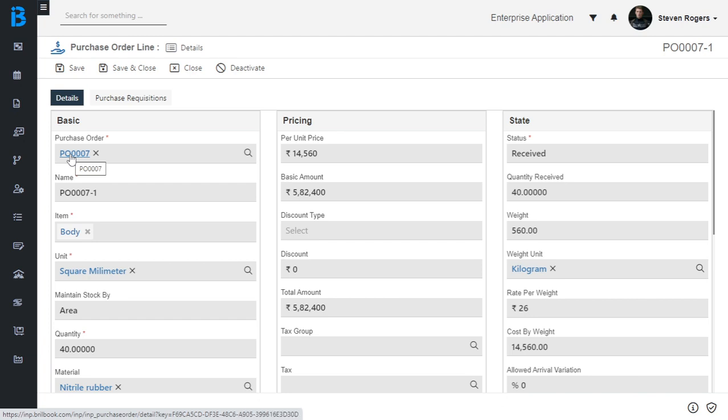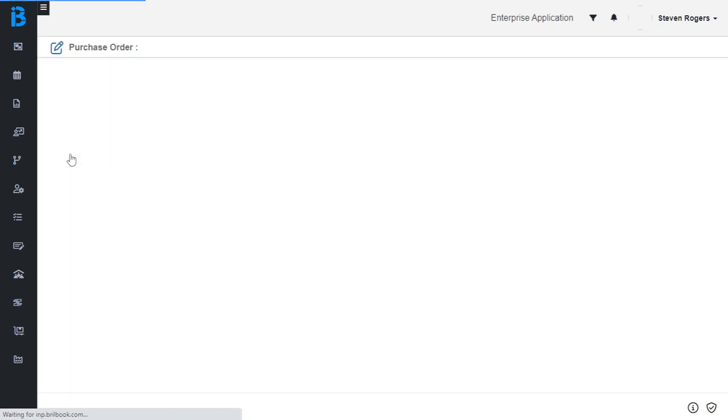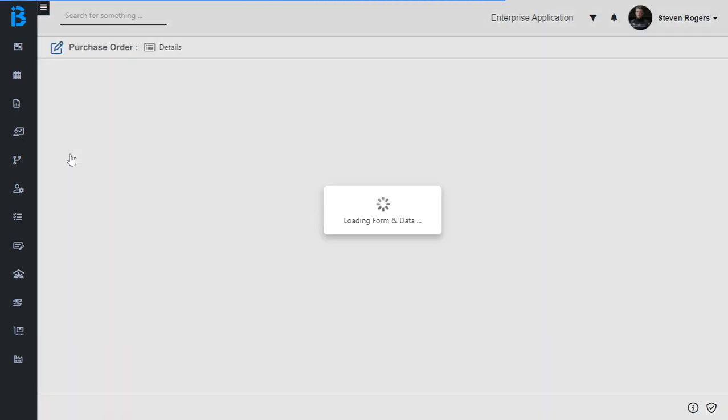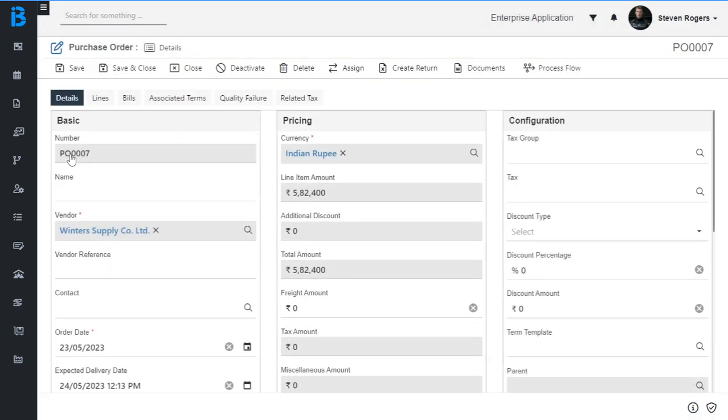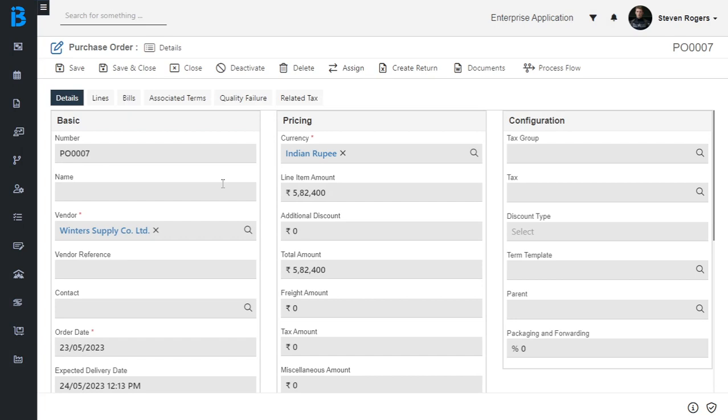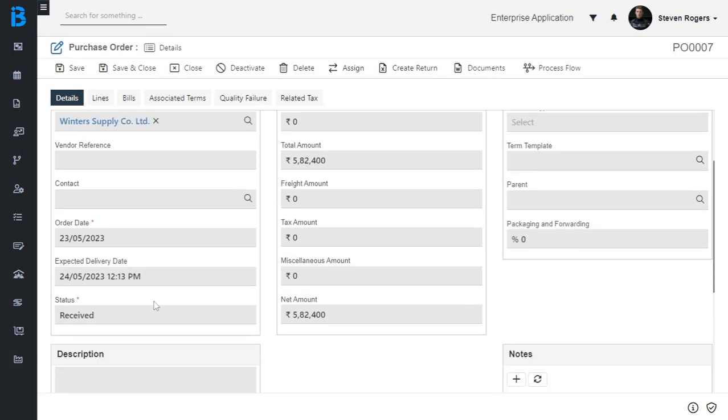Click on the purchase order. Here you can see the purchase order is also marked as received.